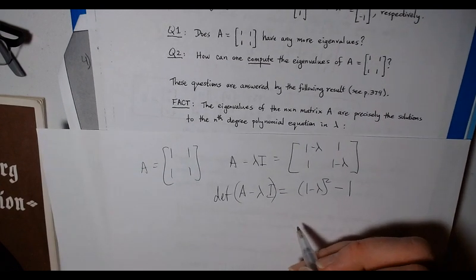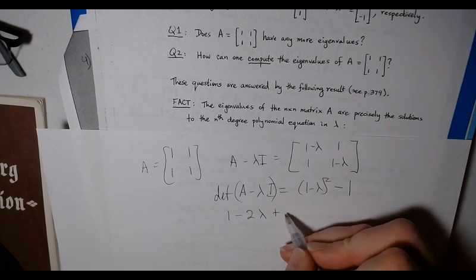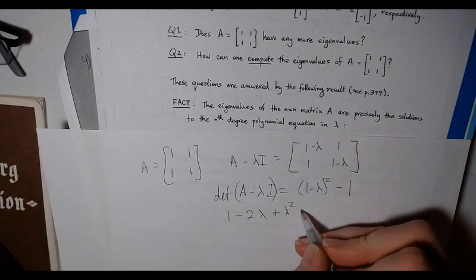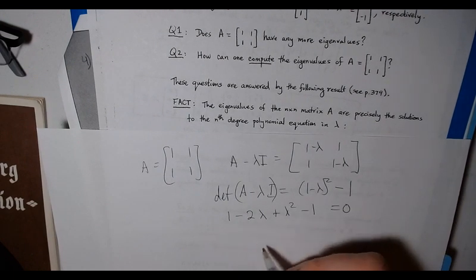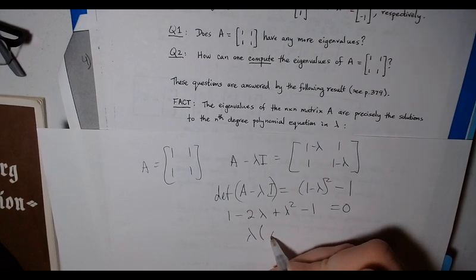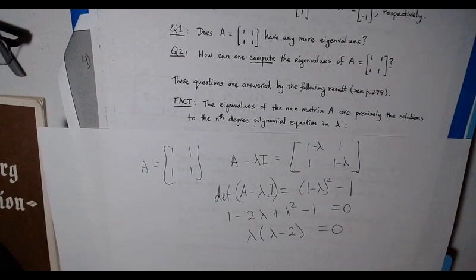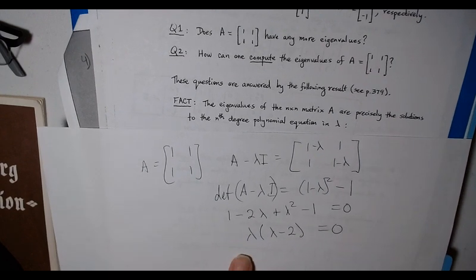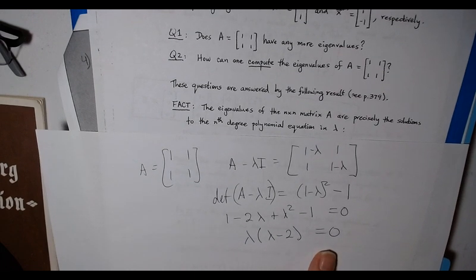That's equal to 1 minus 2 lambda plus lambda squared minus 1. If I set that equal to 0, I get lambda times (lambda minus 2) equals 0. And so from there you can see lambda equals 0 is an eigenvalue and lambda equals 2 is an eigenvalue,